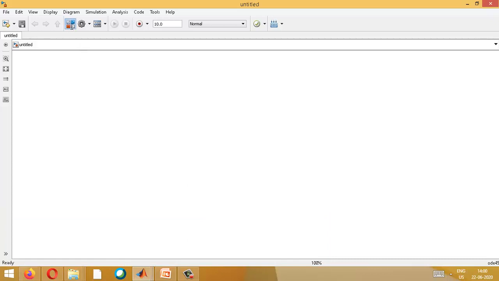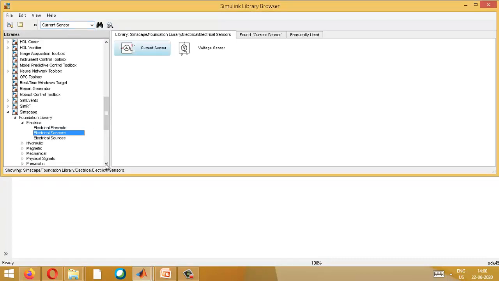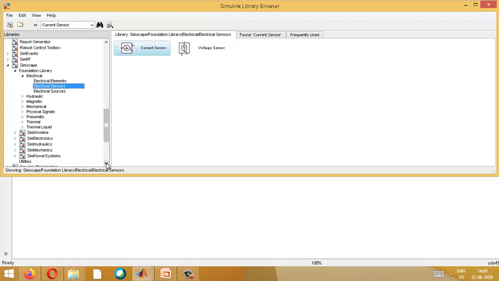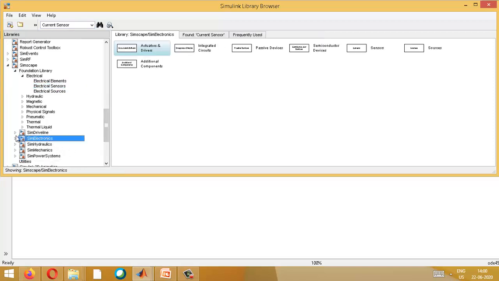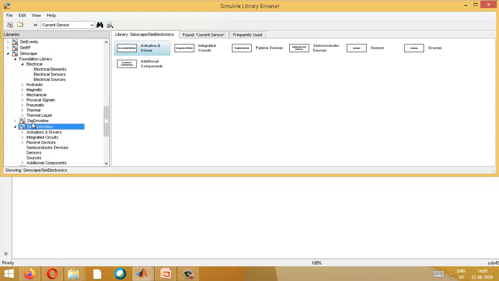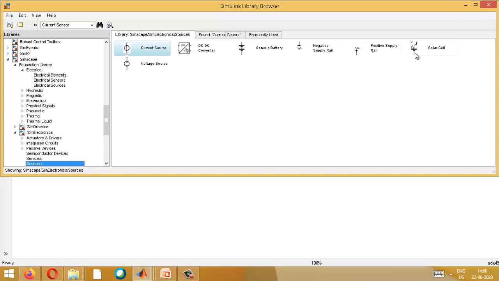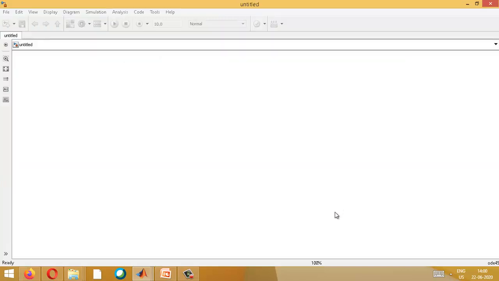So go here and take the solar cell. Since we are using it repeatedly, we know directly that it is in Sim Electronics. In Sim Electronics, if you go to Source, you will have this solar cell. Okay, take this solar cell.